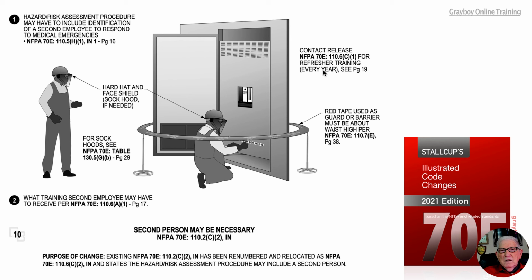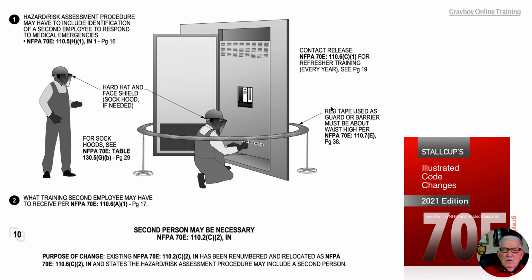maybe like on 480-277, where the facility requires it, not 70E. 70E would not require a second person maybe, except when the voltage was over 1,000 volts. So page 19 would have the section 110.6C1 to NFPA